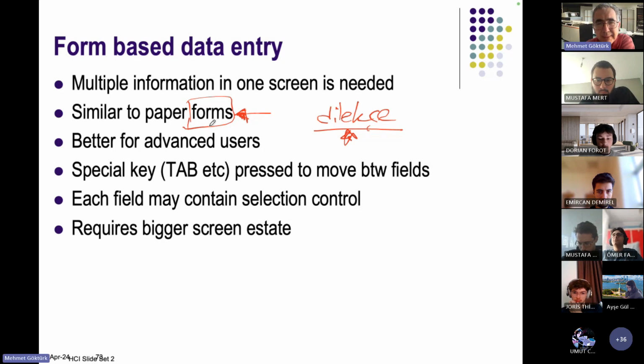Therefore, when we are designing a data entry screen, we are trying to imitate paper forms. However, as I said, our Turkish culture is more into dilekçe and free format writing of what you want. And today's artificial intelligence text parsers are trying to accept free format data entries for doing tasks such as,